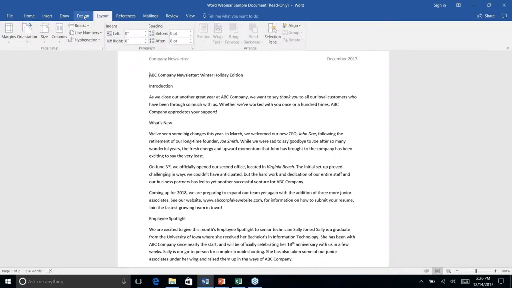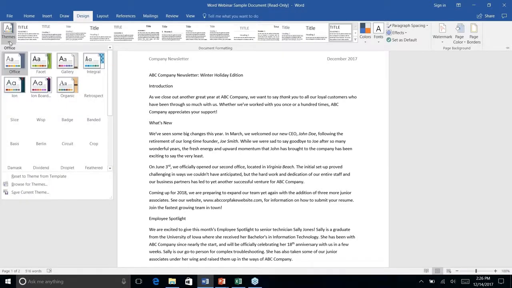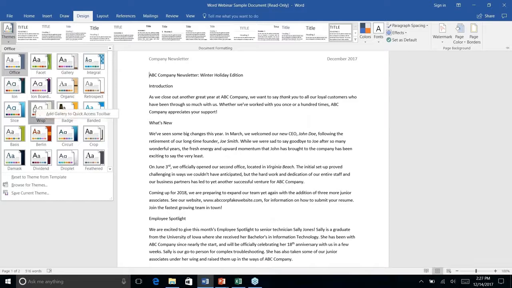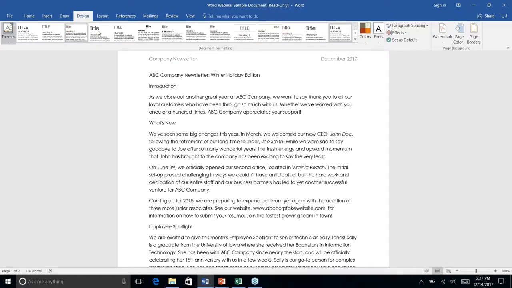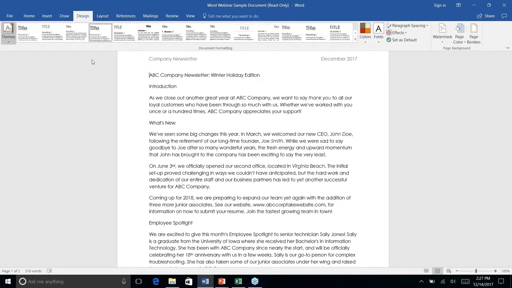But when we go to Design, the Design tab is going to let you pick an overall theme that sets the tone for your document. So if you want something that is a little bit more contemporary, you can choose one of these styles that has a more casual contemporary font. And this sets all of the elements for the entire document. This is going to set your font, the font colors, the font sizes, the different heading options. So this is one big package of all of the features. Once you find one that you like,